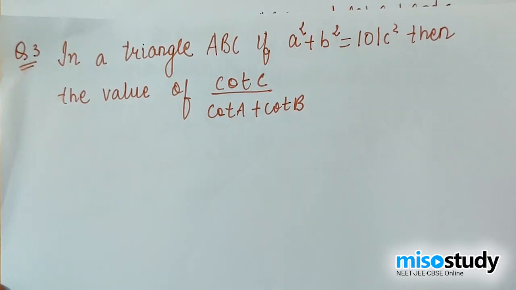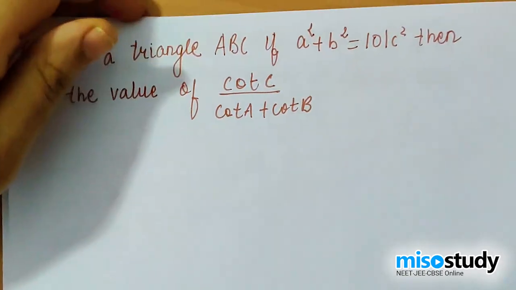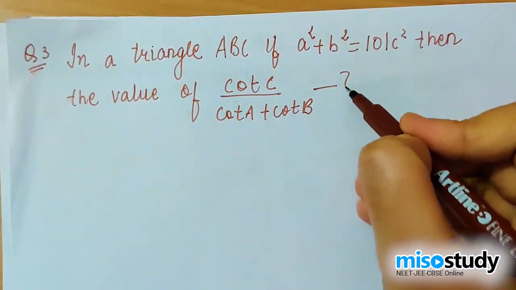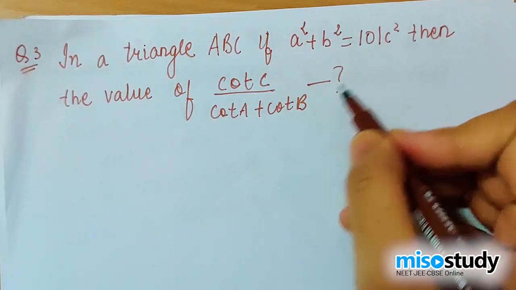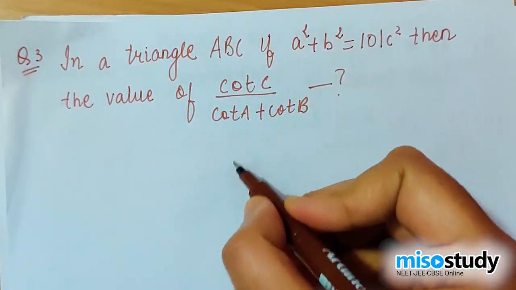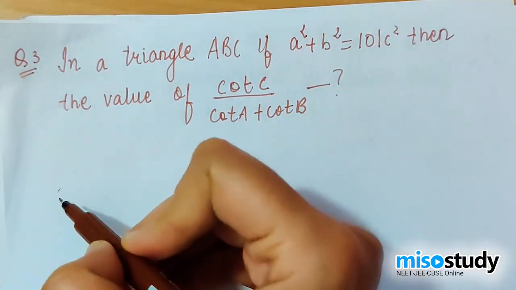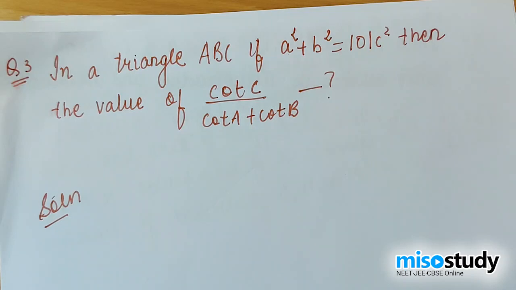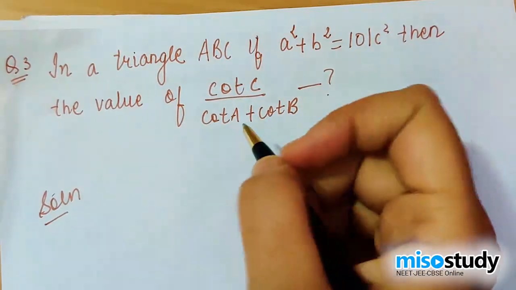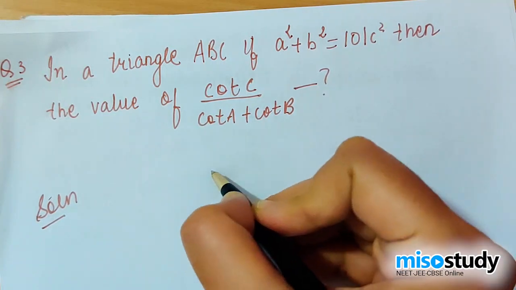So now this is question number 3. Over here you need to evaluate this particular thing. Okay, so to evaluate this, let's simplify this. On simplifying, let's just change it to sine and cos, because obviously that is my favorite formula, sine and cosine, so I would want to use that only. And I'm sure that's your favorite too. Okay, so let's get started with this.